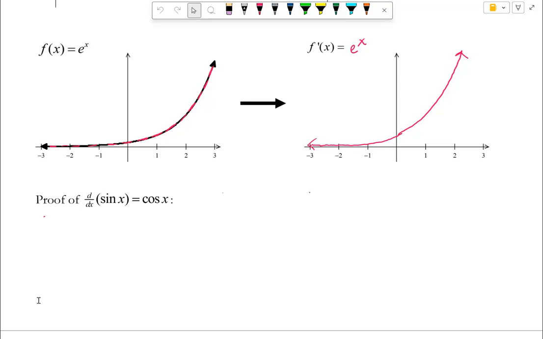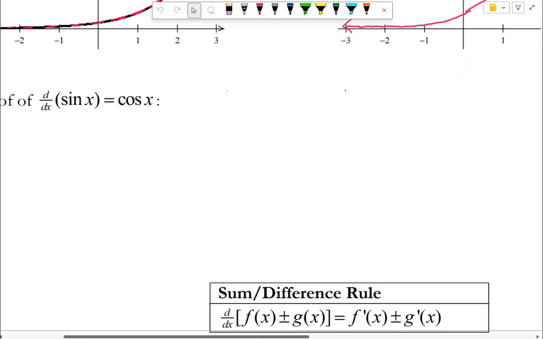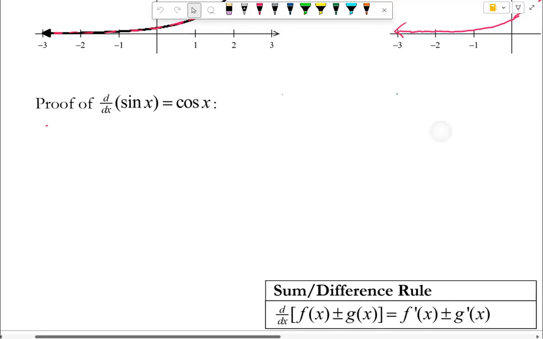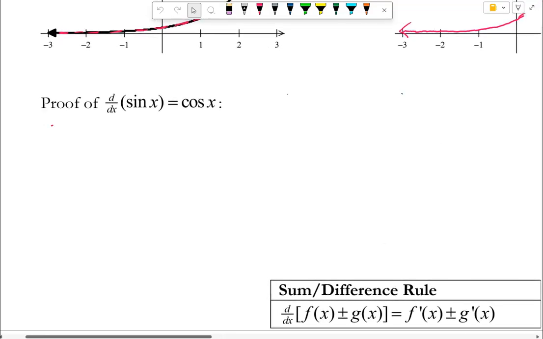So below, we can actually prove that the derivative of sine of x is equal to cosine of x. And again, I think when we look at this proof, you're going to understand why we really want to memorize these rules of our basic derivative rules. So if I were to write the derivative of the sine of x using the definition of the derivative,